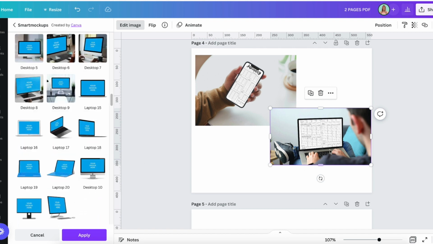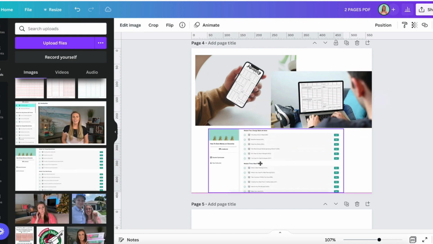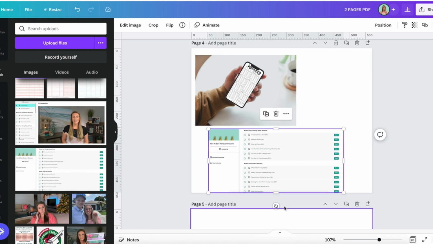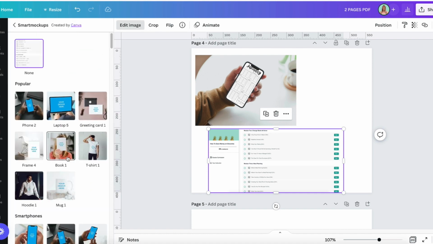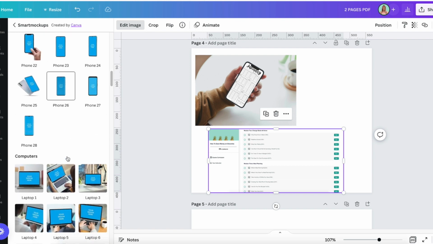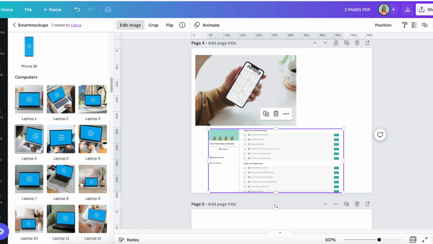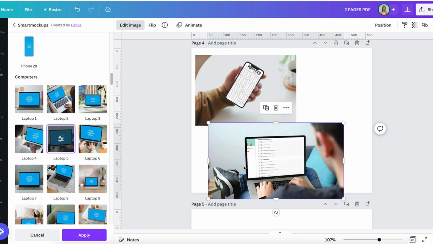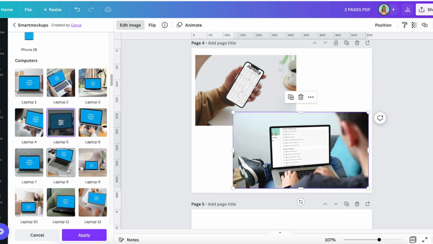Another thing that you can also do is I have courses. So say I wanted to do a mock-up with my course. So this is a screenshot of my course page. I'm going to edit this image. I'm going to go to SMART MOCKUPS. And let's do this one. So here it looks like he is working on my course. So this is a super great marketing tool that you can have where you have this, or you could even